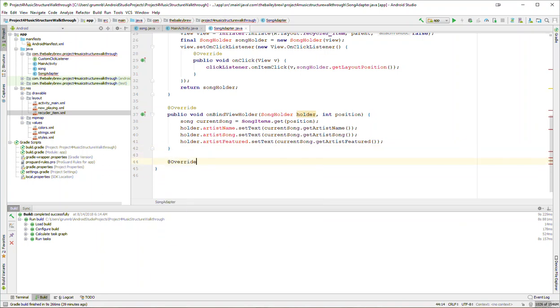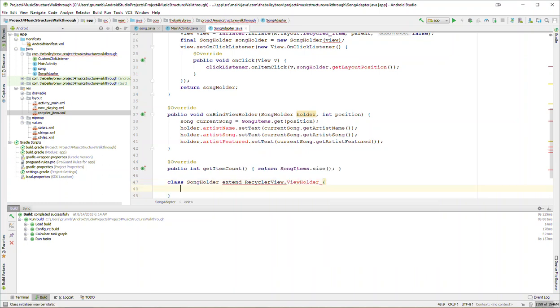Now an override. Because this is RecyclerView, we just have this one thing that needs to be created, and that's my item count, and it's going to return the song items dot size and be done. Oops, wrong side. Now I create my class song holder, and you'll notice, hey look, most of that just disappeared. It's going to extend RecyclerView dot ViewHolder,